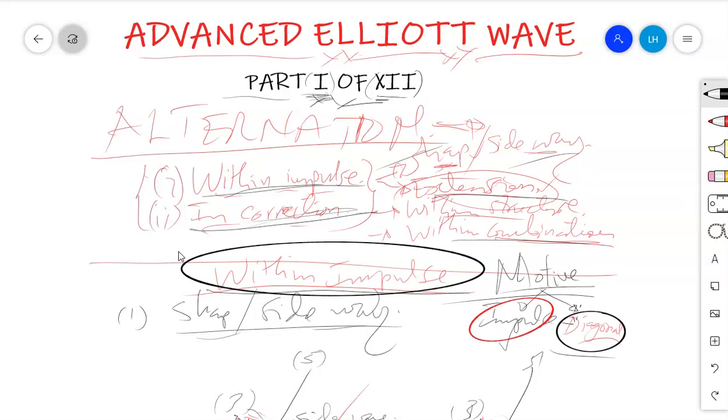Maybe today we are going to cover what we call the alternation within an impulse. We will see the issues on being sharp and being sideways. So we cover the theory of the things, then we link to the real market. So it will be maybe the first session. Then the second session will cover the alternation within the impulse, but mainly the issues on extension. We'll see the idea of extension of the first wave, the third wave, and the fifth wave, or sometimes the next we will have the idea of extension within extension.